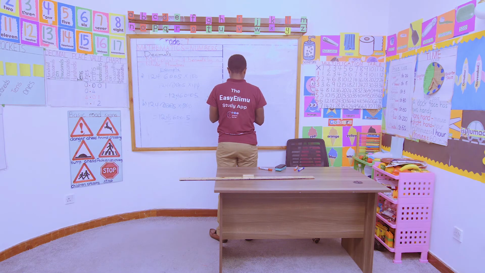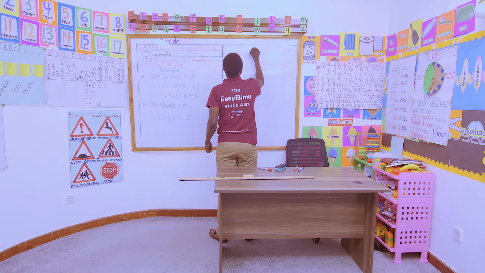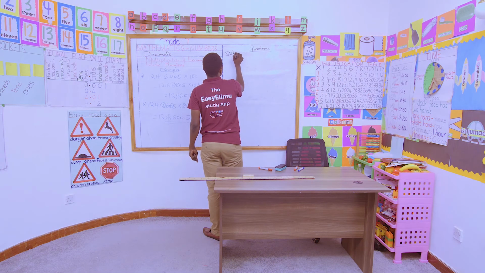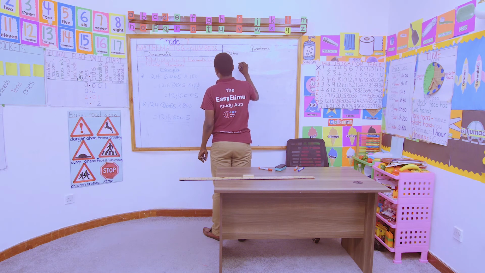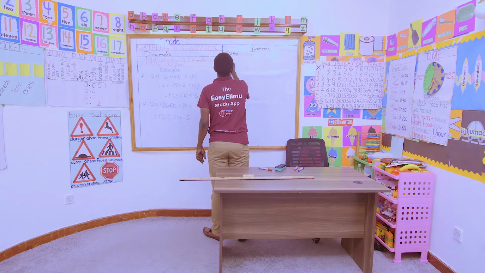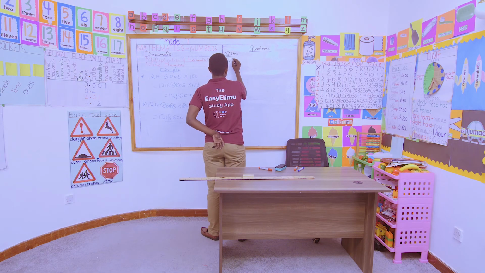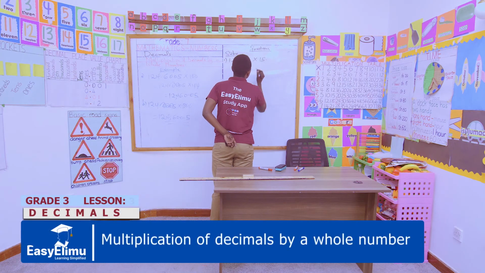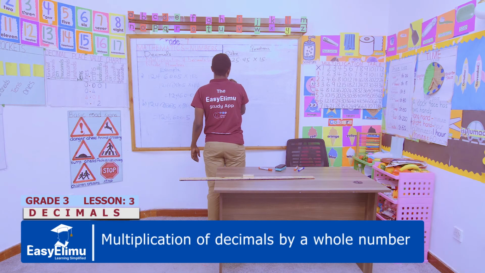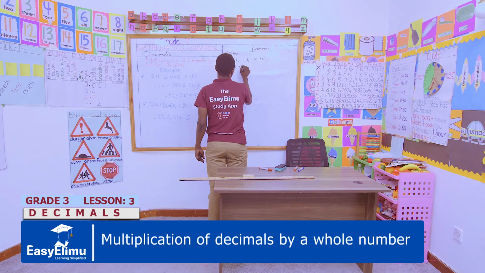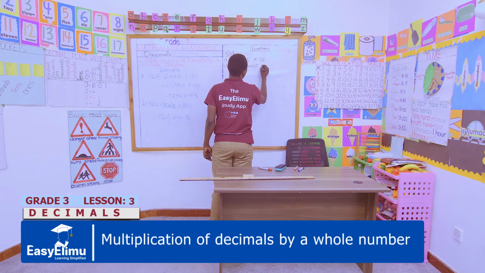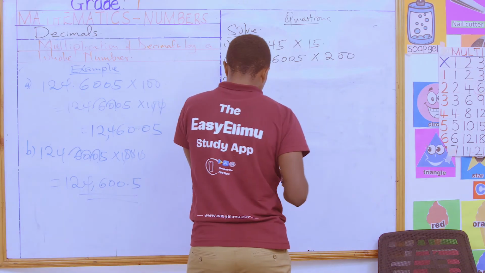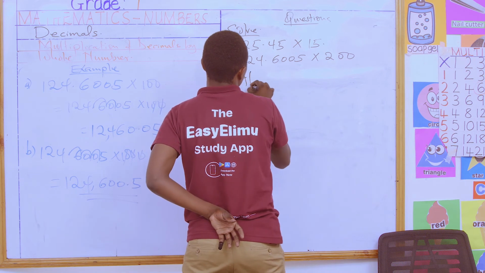Questions. Solve. Number 1: 125.45 times 15. Number 2: 124.6005 times 200. Number 2,